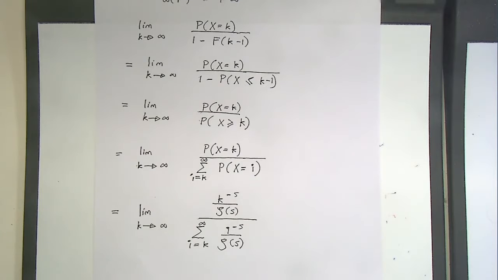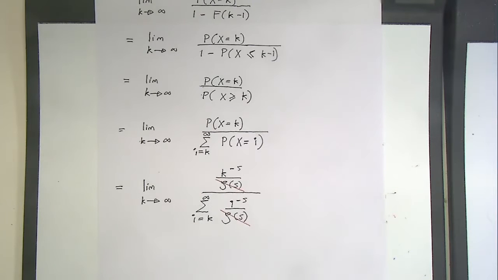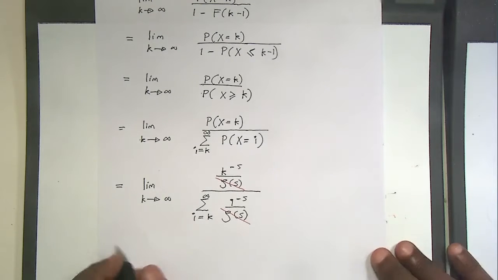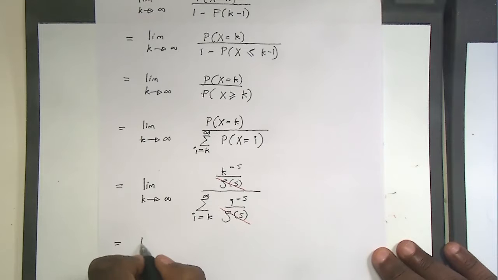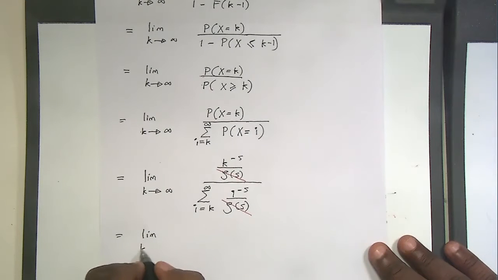Now you will see that the two zeta functions cancel out. This guy cancels out with this one. This is what I meant when I told you earlier that you don't need to know anything about the zeta function to do this problem. It's because they cancel out. So this would be the limit as k goes to infinity